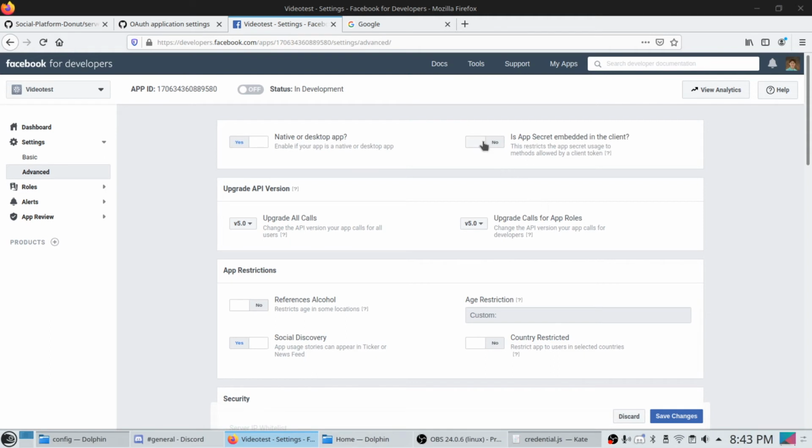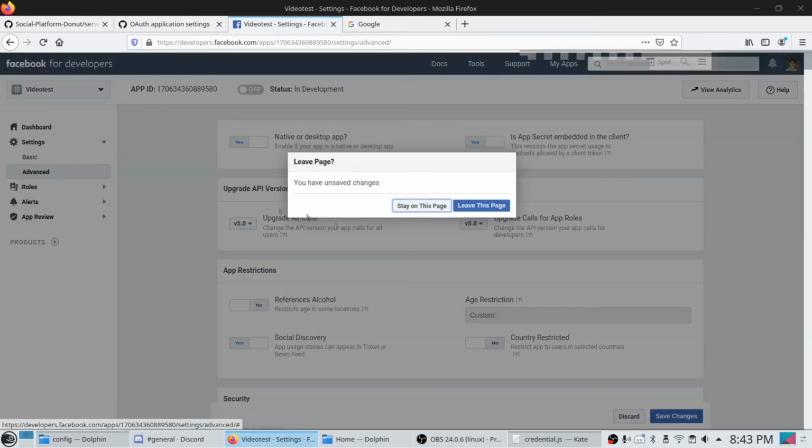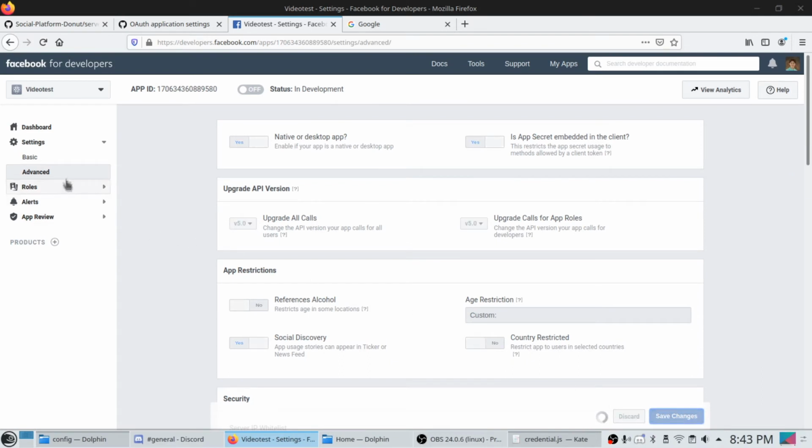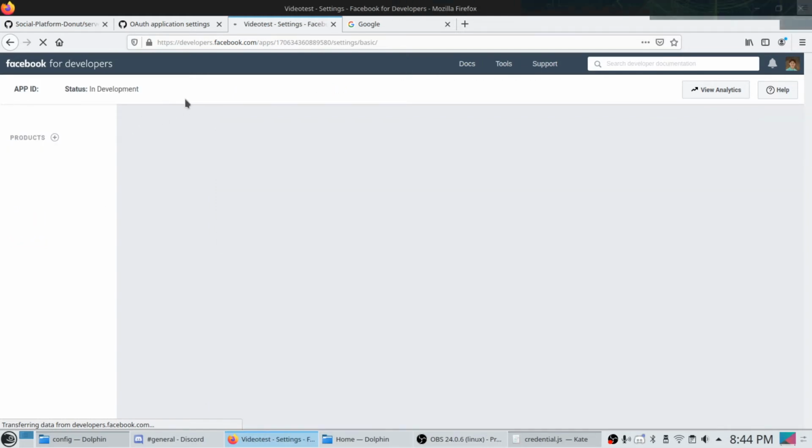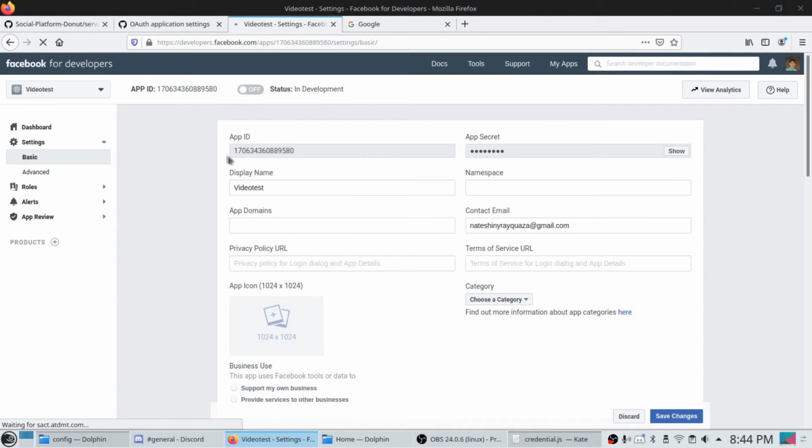Is the app secret embedded into the client? Yes. And then we're going to save our changes, and we're going to go to the basic spot. And after that loads, we will copy our app ID,